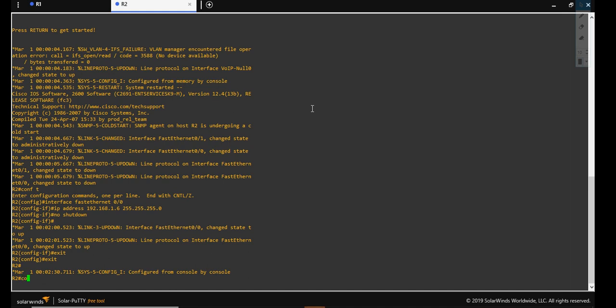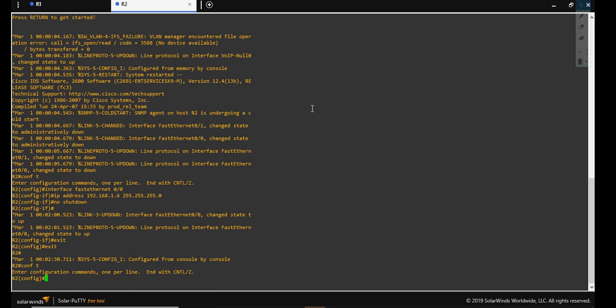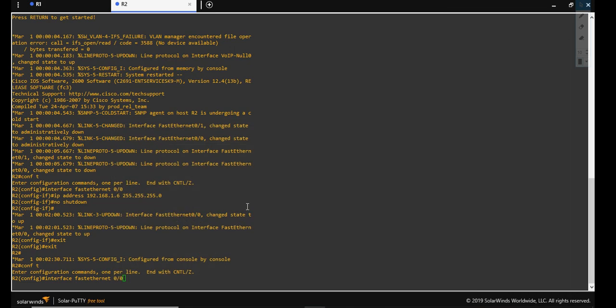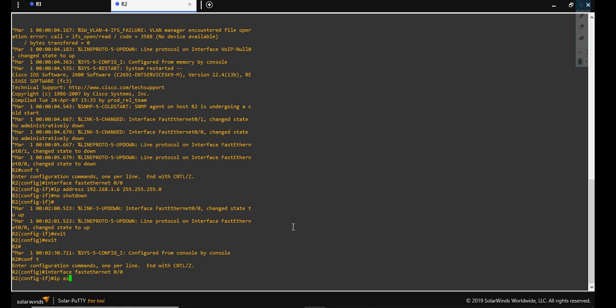To configure this router, he'll be giving the command conf t and choosing the interface FastEthernet 0/0, because this is FastEthernet 0/0 here. And he'll be giving an IP address for this router as 192.168.1.6 with the subnet mask 255.255.255.0.